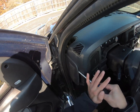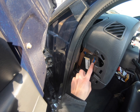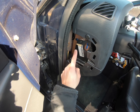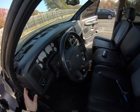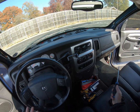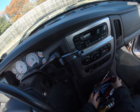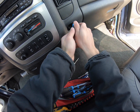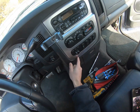So this would be a good point to show that this right here, this little blue guy, hidden, is the transfer case control module. And that will be important to make the whole system function. So let's go ahead and remove just a couple more things before we can start getting to the 11 or so bolts that hold on the entire dash, because it's really not that hard and people make it seem so difficult. So right here there's a screw. I don't know why that took me so long. And then to get this whole piece off,